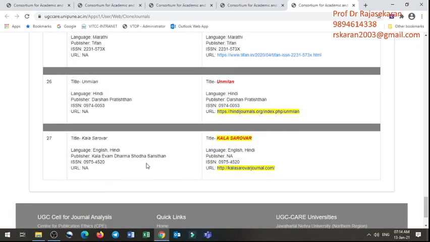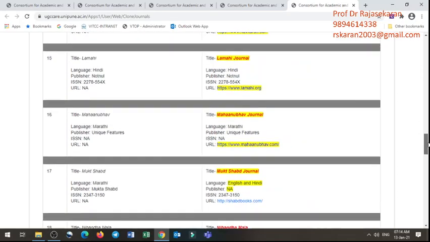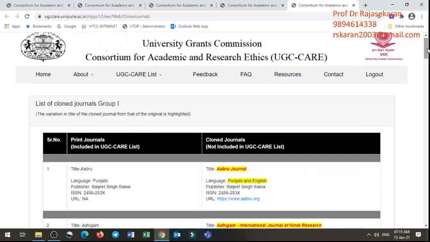If you look at the surface level, you will not be able to identify the difference. You have to go into detail. That's why you have to check all this clearly. Whenever somebody says it's a print journal, and then they say they'll give the link to the particular journal, the web link, do not believe that, because that is a clone journal, number one.